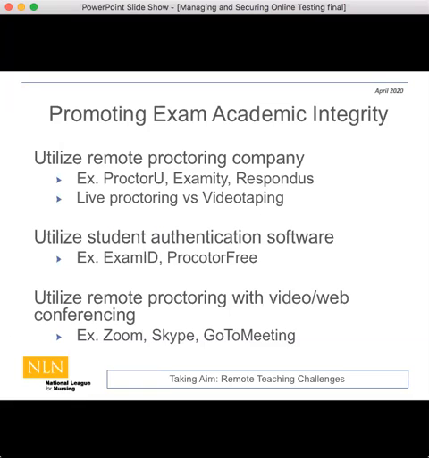which really is going to begin to talk about academic integrity. And so what we did at Widener is we actually looked into using a remote proctoring company. Our exams are on ExamSoft. So Examity is the proctoring company that we would use that works with ExamSoft. However, it was amazingly expensive. We calculated that we had 50 exams left throughout our program, and the amount of time we would need, and we have a large sophomore, junior, and senior class, it would have been over $40,000. Needless to say, that was not something that we could incur.